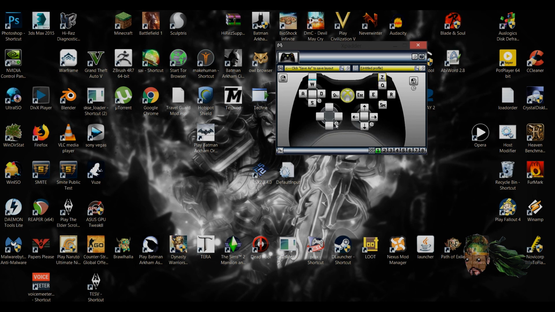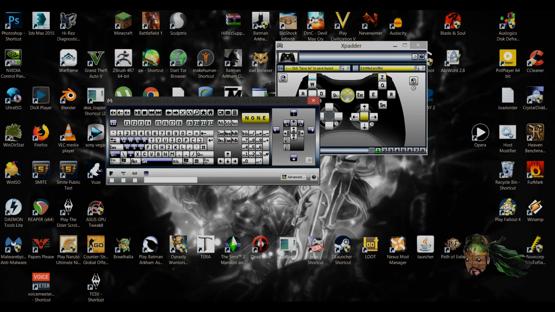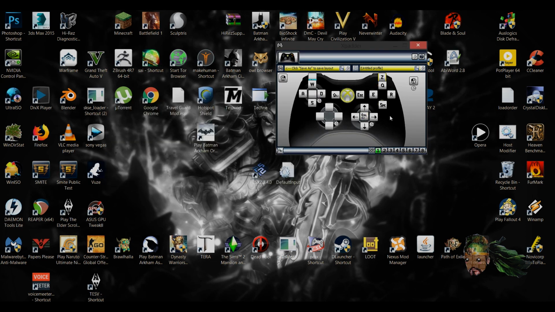Alright, after that, let's go over here. This is going to be your sneak mode, which is the left control. In Skyrim, I already have the sneak mode key binding set to toggle, but if you don't, you can do the same thing with this and toggle it. It's already like that in Skyrim anyway, so I don't need to do that. So now we have sneak mode, and the next thing we want to do is